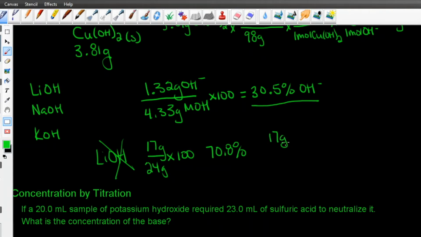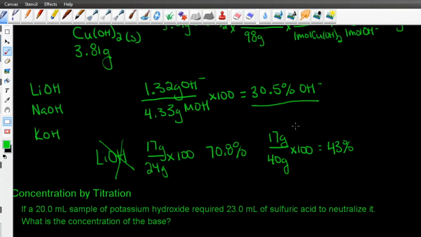So 17 grams over, what would my total be? So 17 plus 23 over the 40 grams. So my percent of hydroxide in sodium hydroxide is 43%. Oh, of course it's going to be the last one. All right, so it's not,